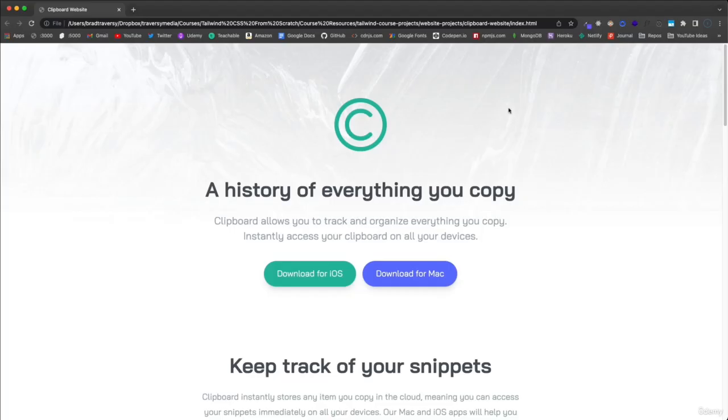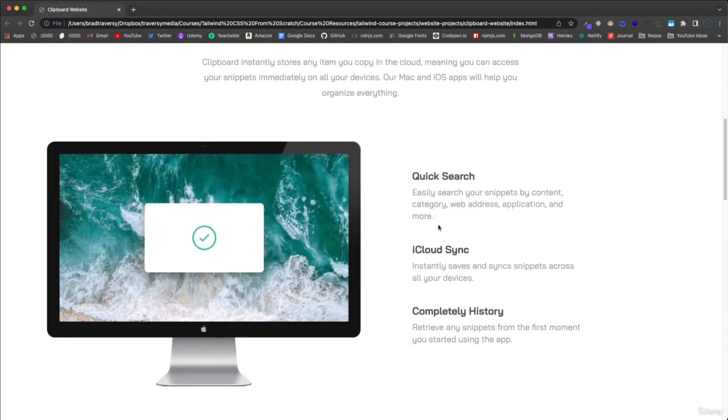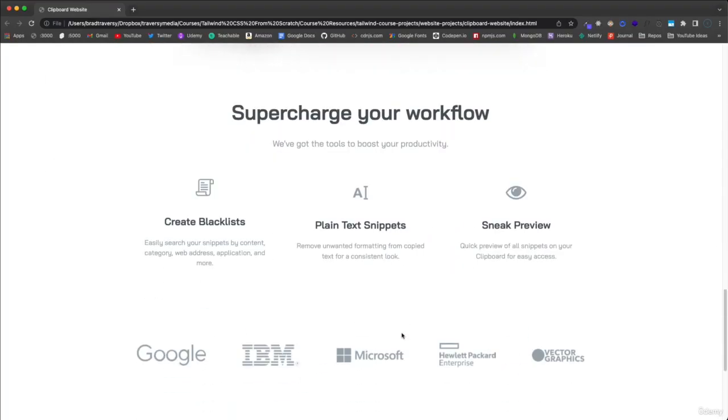is going to be a separate image for mobile versus desktop, and I'll show you the mobile version in a second. Then we have the logo. We have some nice clean looking buttons to download the app. We have some text here, an image with some features. Down here we have some more text and images, and then this part here with these items, which are going